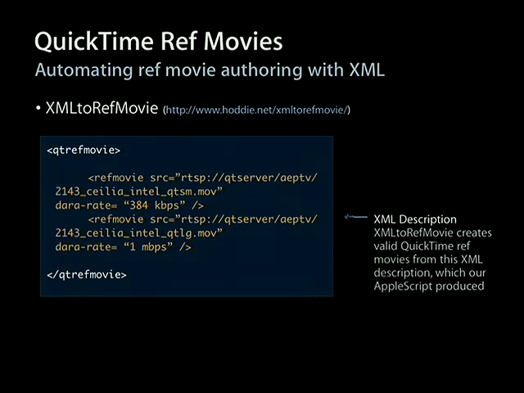And here's what the XML actually looks like. And this XML is saved using the file stem _ref.qtrm. And then the QTRM file is opened with Peter Hoddie's XML to ref movie, which is available at this website and is the only darn way I can think of to do this thing. But it works great. So what it'll make is a movie that will be called something like filestem_ref.mov,